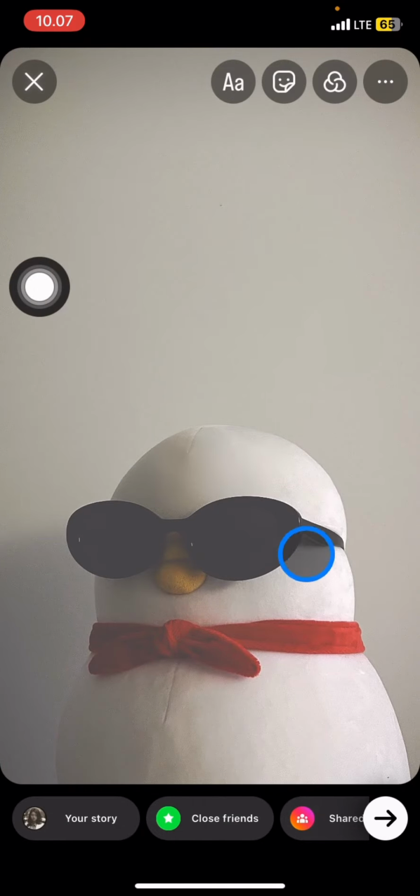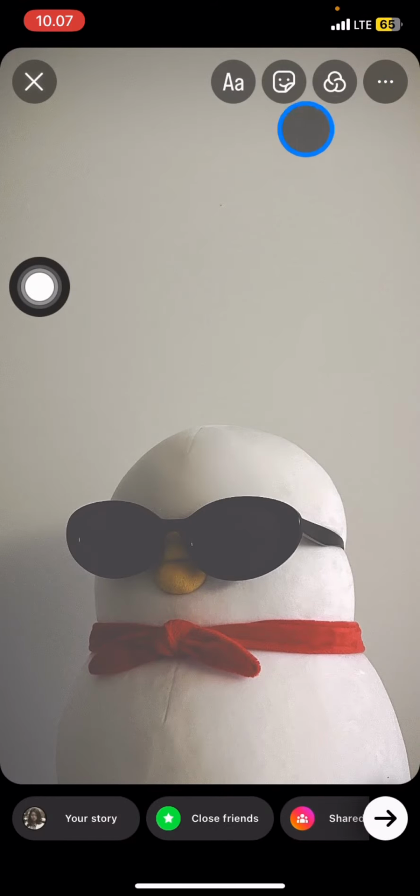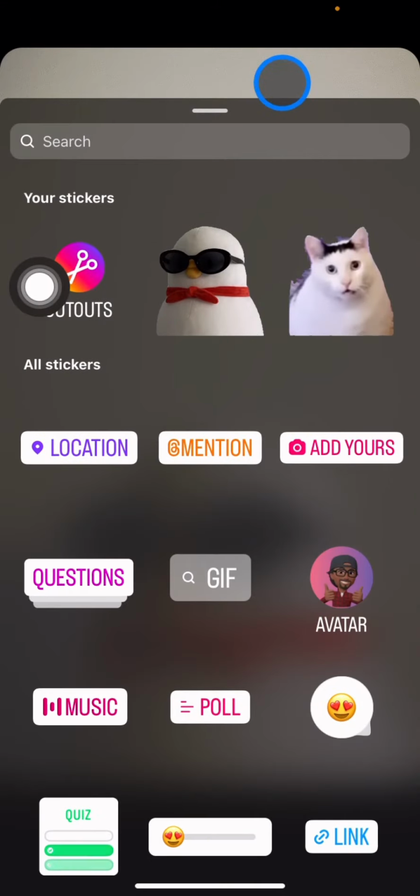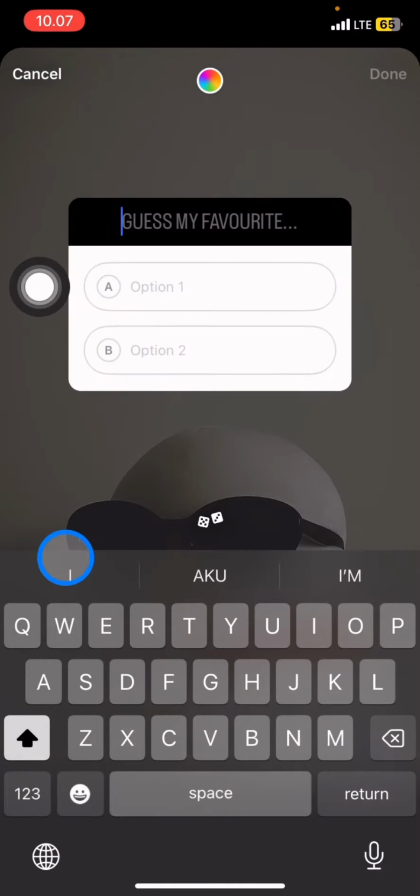Here I already have the picture. And now to create a quiz, you just need to take a look on this upper part here and just go click these sections. And after that, scroll into downside until you found a quiz. And then you just need to go click it. And now add the questions here. So for example,